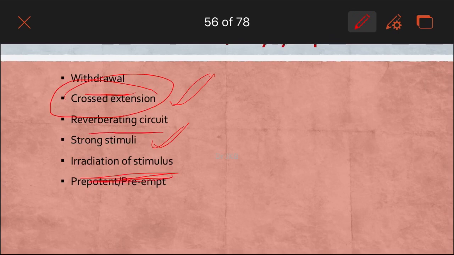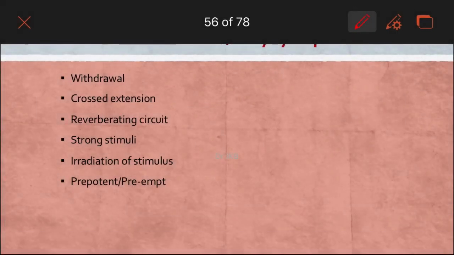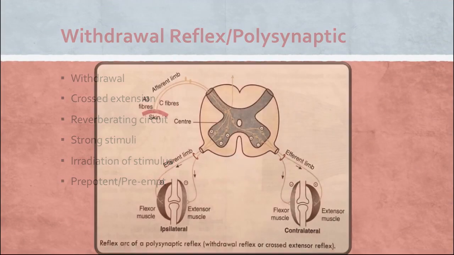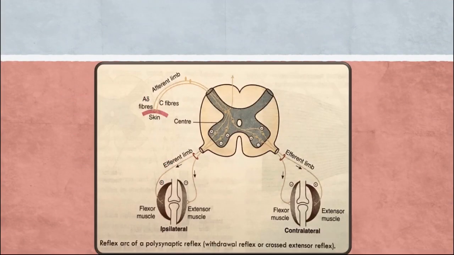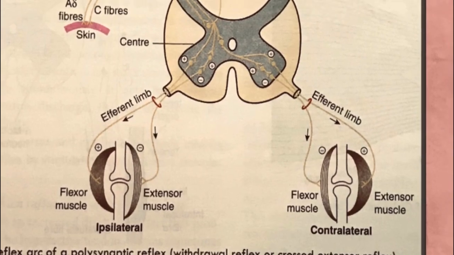And there is one more term, that is the reverberating circuit, and prepotent or preempt. What is this prepotent and preempt? We will cover this one. Okay, see, look at how this withdrawal reflex is happening. I will zoom in. Say this is the limb,